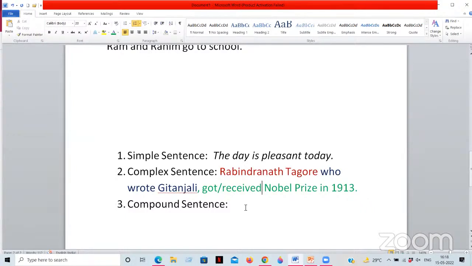There are so many other rules and regulations. To be honest, there are hundreds of rules for framing complex sentences. There are also so many rules for transformation of sentences. In transformation of sentences, you will be given one sentence, but that is your work to do in class 10th or 11th standard. That is up to that level. But right now, you do not have to think about this.